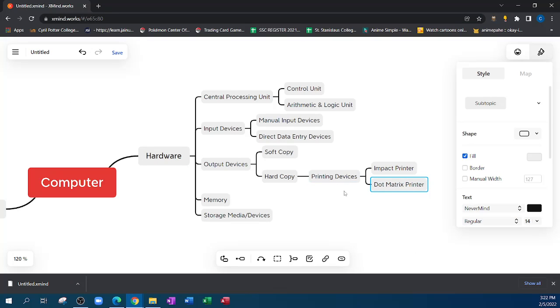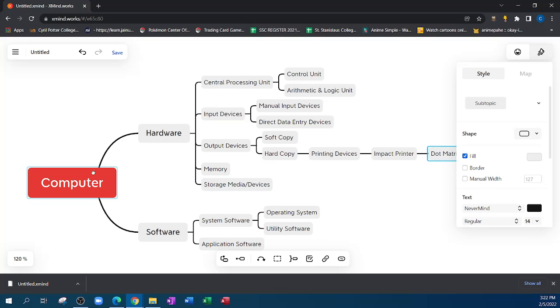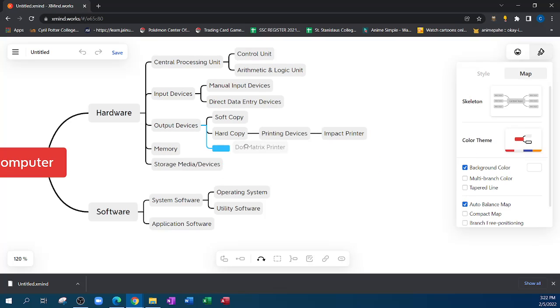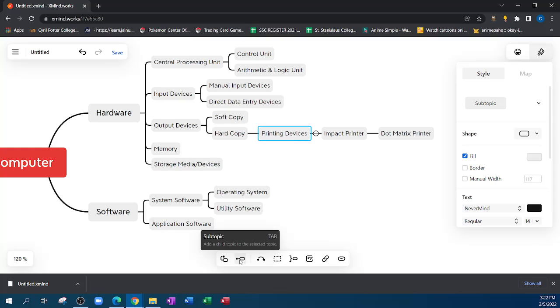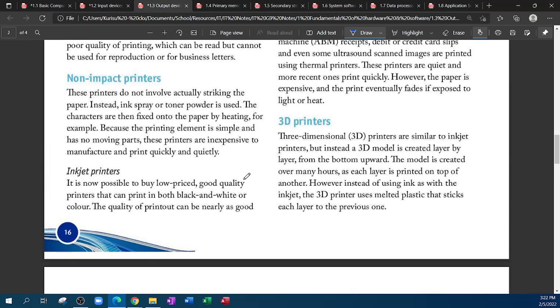So another tip with the software is that you can actually click and drag. So if you notice, I needed to move that one there. So you can click and drag also if you need to move it anywhere. So I can click and drag and put it at the end of impact. And then I can click back on printing devices and add non-impact printer. And under non-impact, we're going to have